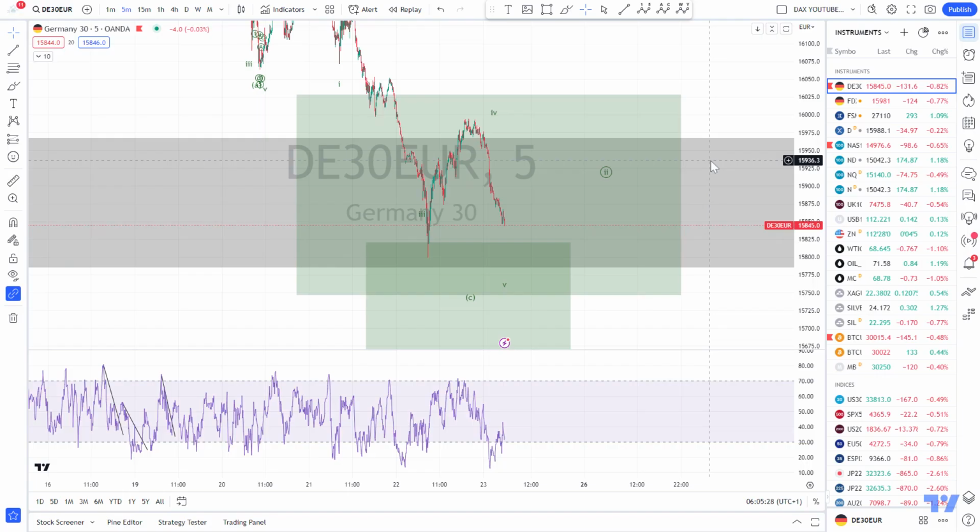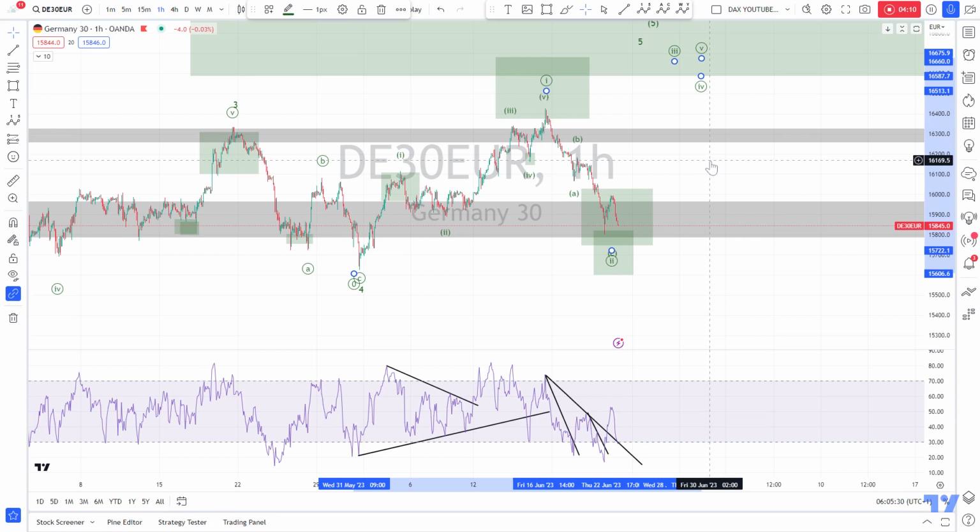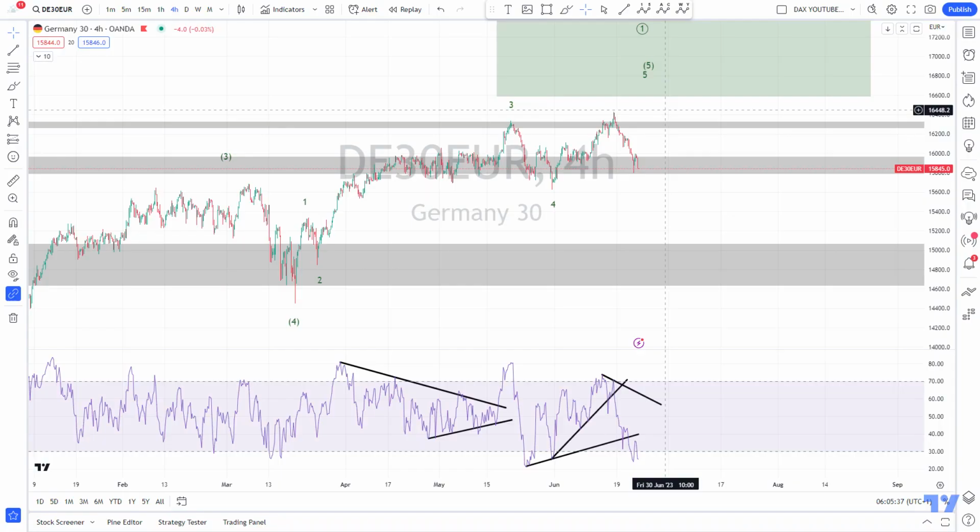So this is one scenario, but I also have to draw your attention to two other scenarios, and let's start with the 4 hour to discuss these scenarios. So if you had a look at my weekend analysis, I told you I'm expecting a pullback in the higher time frame for the DAX. And yeah, this means that on the lower time frame, every high you make can be your last high. So also here